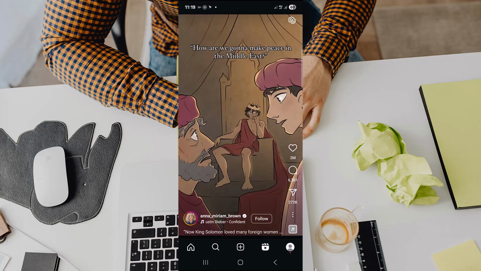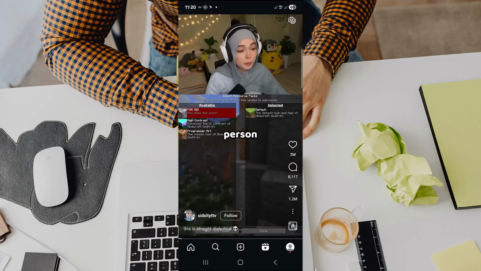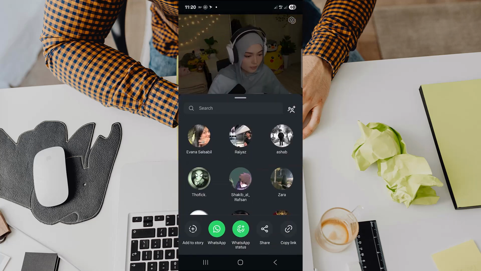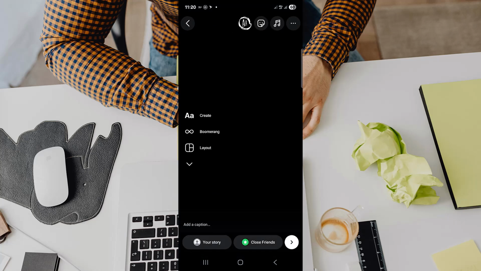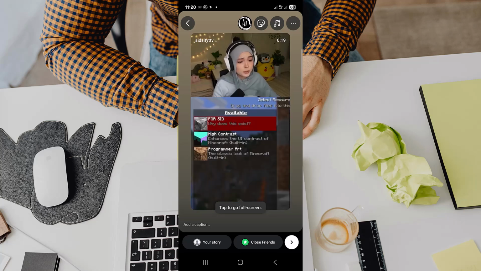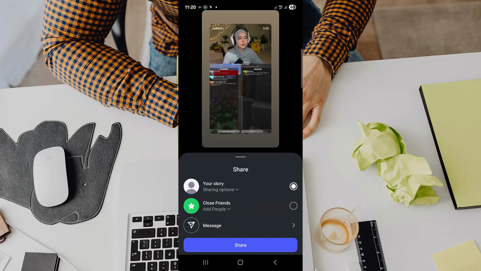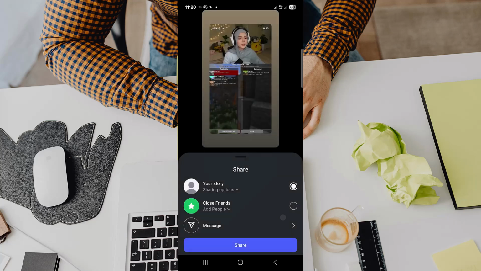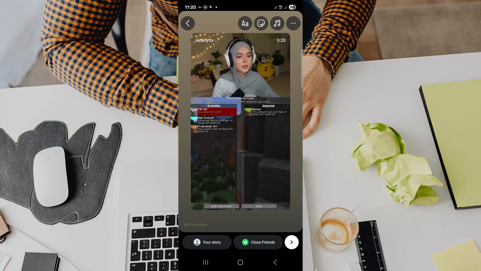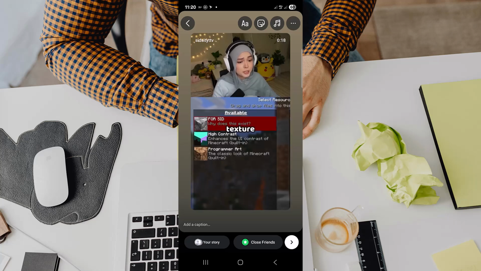So let's say we want to share this one. So tap on add to story. So as we want to share it to Facebook too, tap on this arrow icon and here go to sharing options. So here once you share it, you'll find the option of your story,